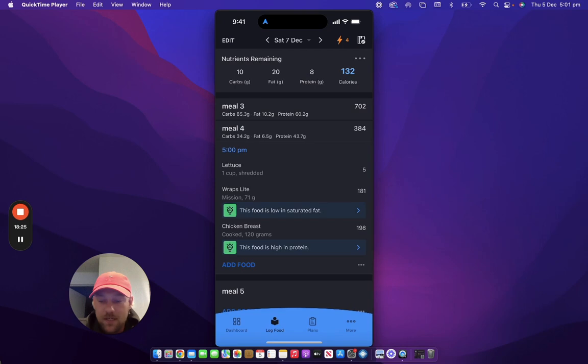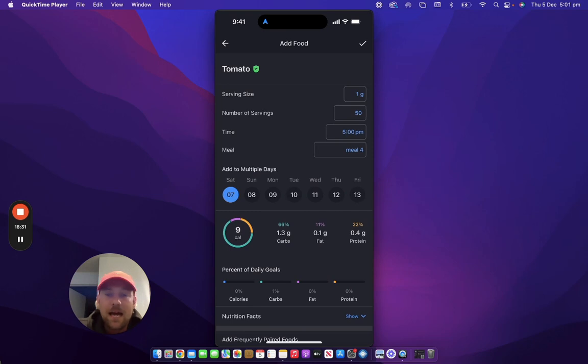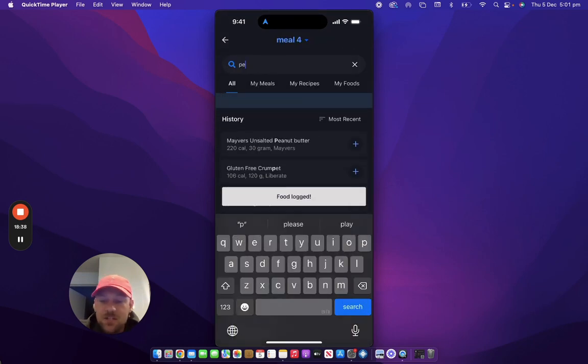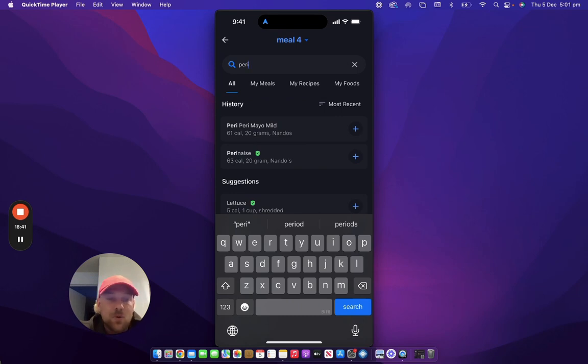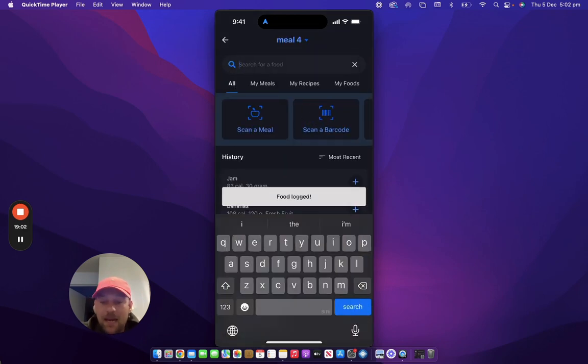Put that in, 1 cup of lettuce, and then we'll put on some tomato. Search that tomato, 1 gram serving size, and we're going to have 50 grams. And then the sauce we're going to use, it's important to add sauce, add oil, whatever you put in your food for cooking, whether that's ingredients into a meal, anything, you want to weigh it on your food scale and add it. So we're going to have Perinase, mayo, 20 grams, add that in, and then we'll come back and we'll look at our